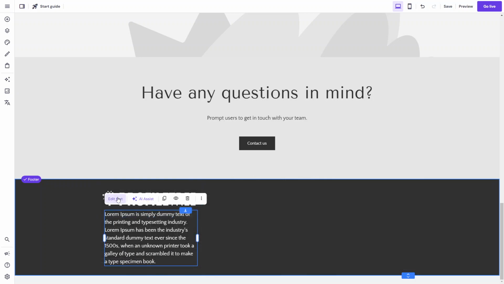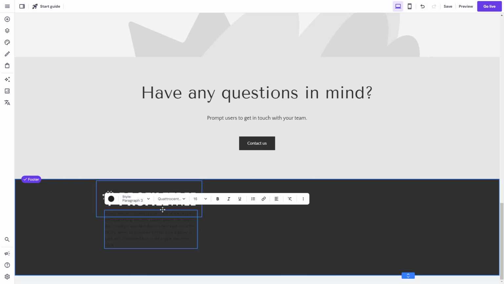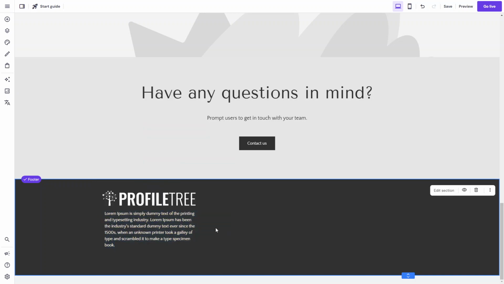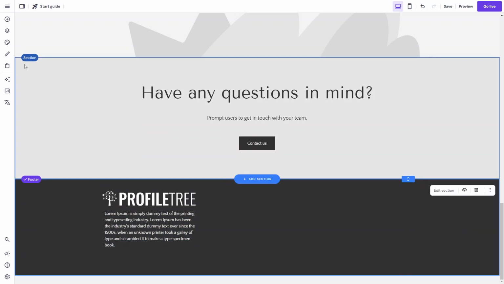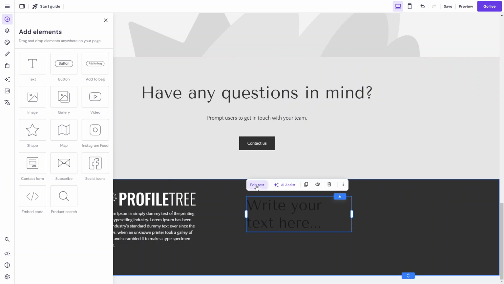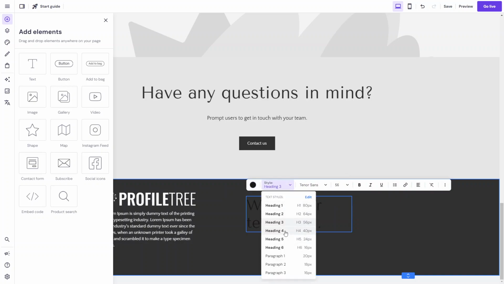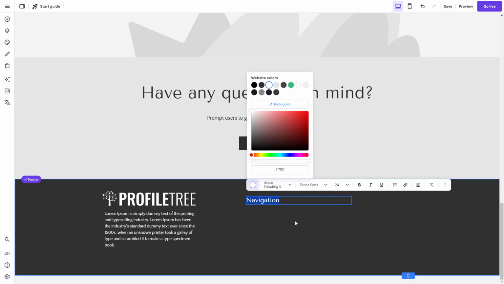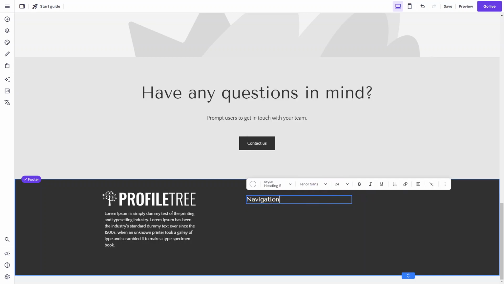So one of the things that is really useful to include on your website, on your footer, are links to other pages on your website that aren't linked on the nav bar. So for example, we'll do another heading, say heading 5, and we'll call it navigation, and we'll style it white. So you can see we've got the navigation here as well, and we'll underline it just to make it a bit more